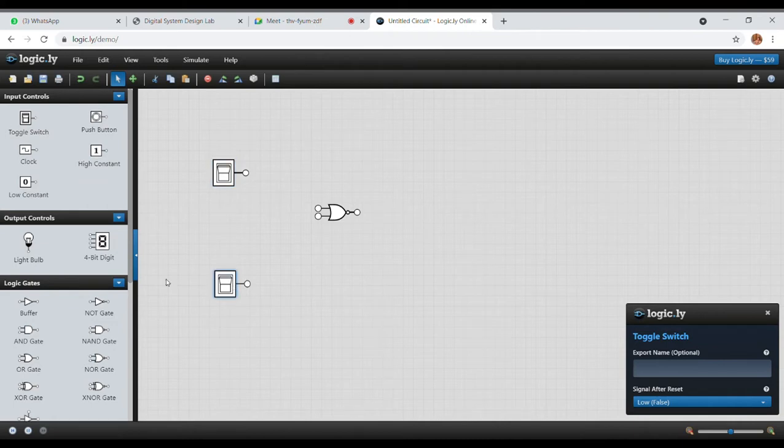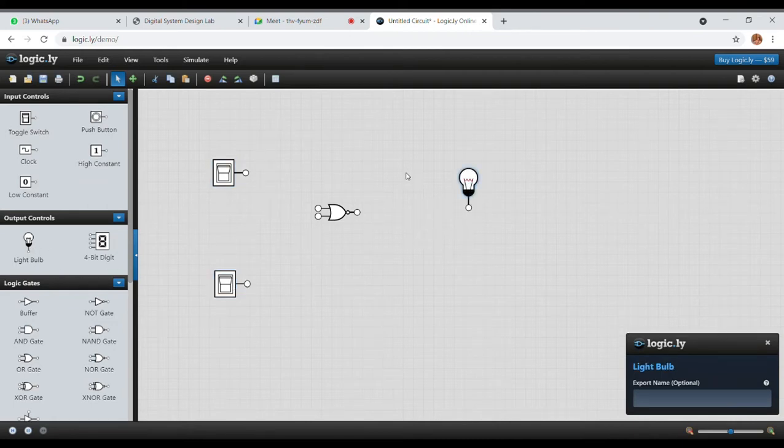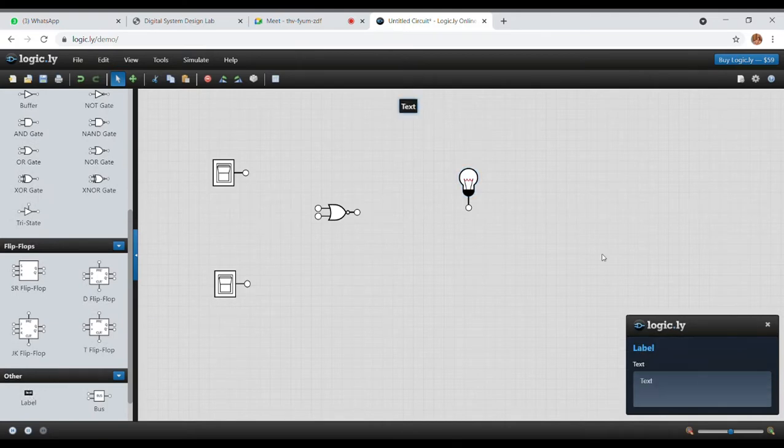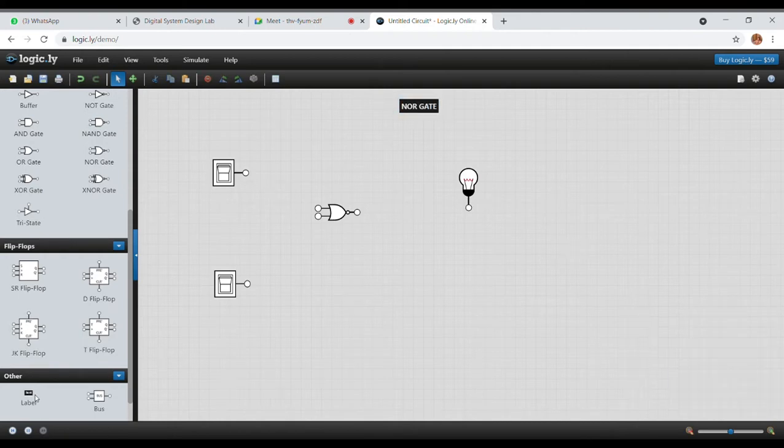For NOR gate, we will take 2 toggle switches. And then we'll take a NOR gate. Then we'll take a bulb. Now we'll label them.